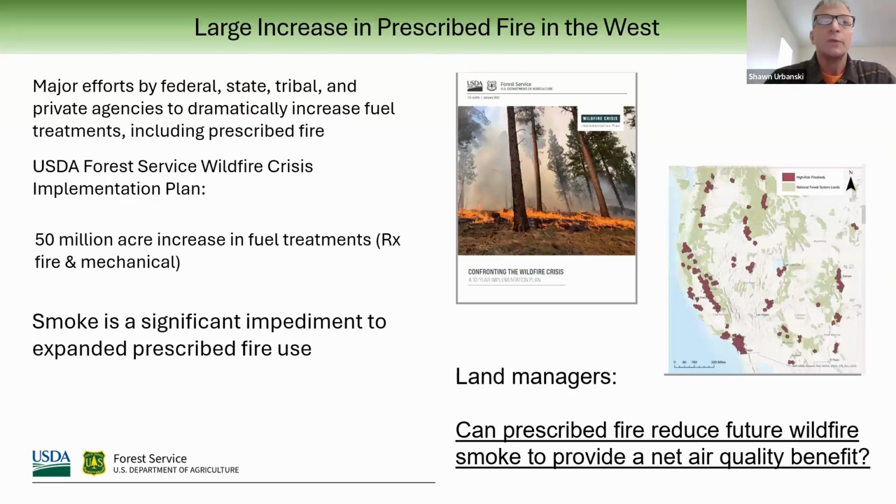In fact, major efforts are underway to increase fuel treatments, including prescribed fire, across all lands in the West. Many of you are familiar with the USDA Forest Service Wildfire Crisis Implementation Plan, where they're proposing 50 million acres of additional treatments across the West over the next 10 years. I guess we're already 2 years into that, followed by maintenance treatments. And this does include prescribed fire, and smoke from prescribed fire can be a significant impediment to its use,